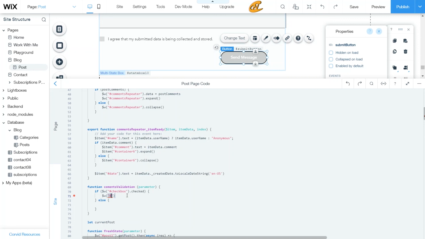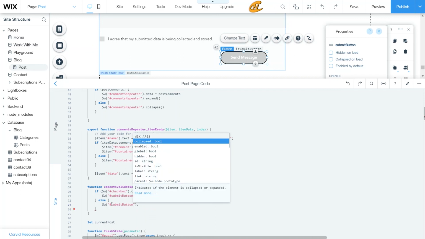And so once the checkbox comes back and it is true, we're going to say that this is enabled. Now, if the checkbox comes back and it's false, we're going to disable that. This is to assure that everybody knows that they have read that disclaimer right there